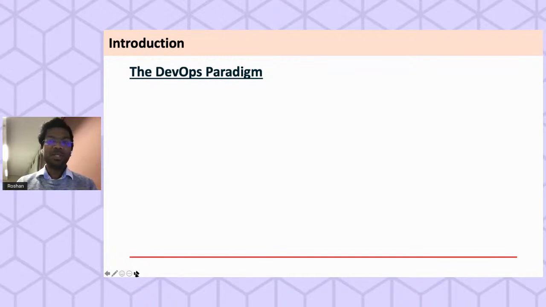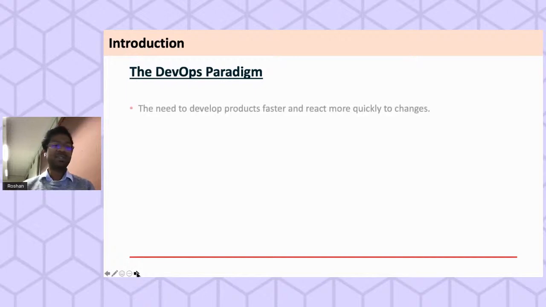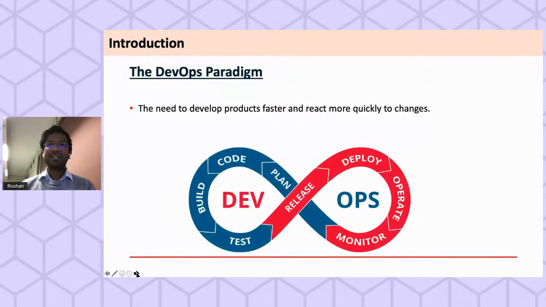I start by giving a brief introduction into my domain, the DevOps paradigm. With the business environment getting more and more competitive, organizations are now requiring software development teams to develop products faster and to react to changes more quickly. And this is where the DevOps paradigm came into the picture. The main recommendation of this paradigm is to remove the traditional boundaries between the software development team and the operations team. So the main result intended was to